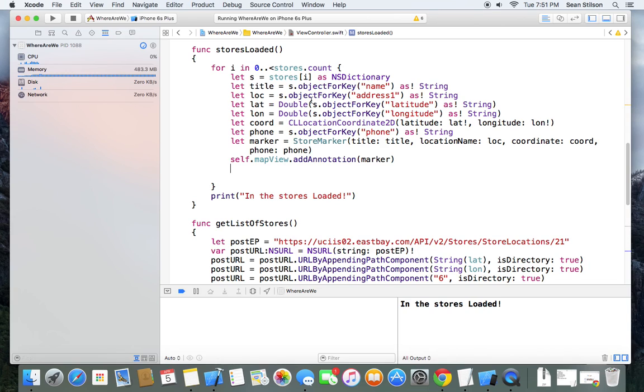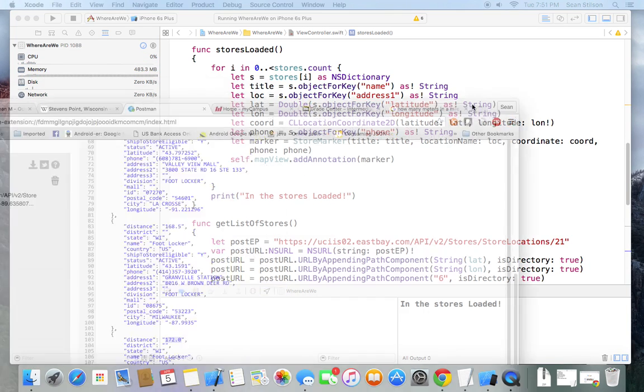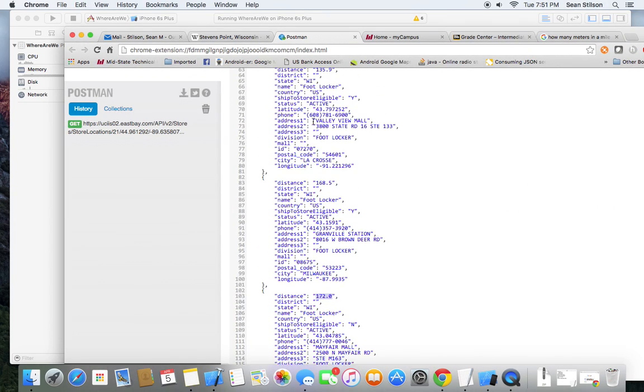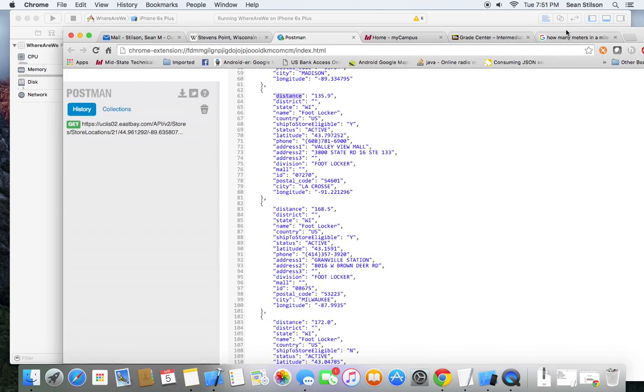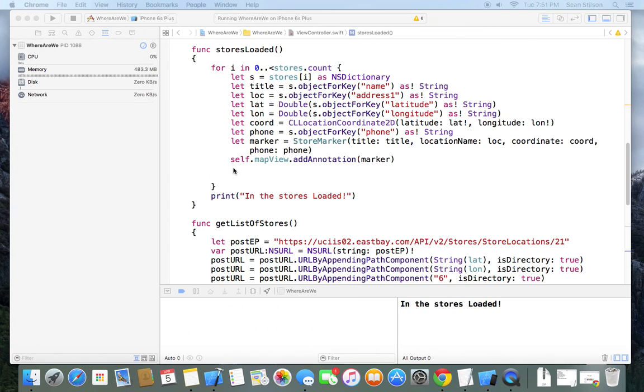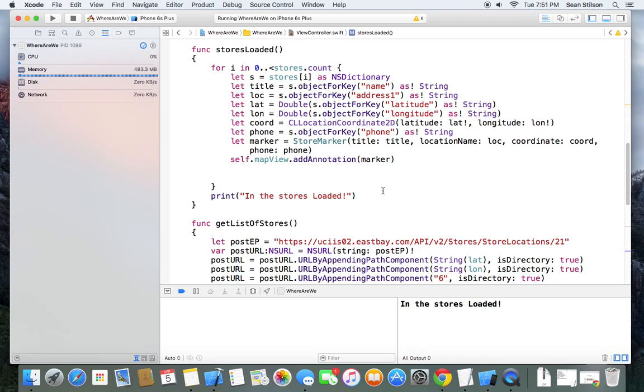So we need to be able to pull the distance object out of our JSON, where distance is the key. But we don't want to loop through and get it every single time. We need to be in the for loop because we need to actually get the store object out, but we don't need to do it every time. So what we can do is say, if i, so if we're at the end of our loop,